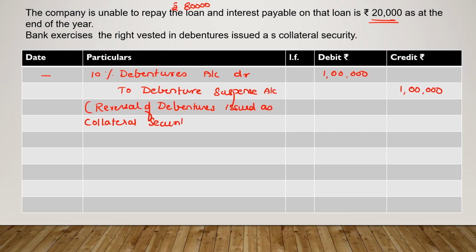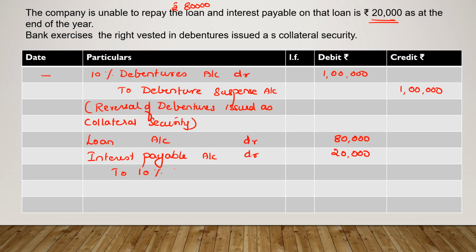Now what would be done is the debentures would actually be issued in return for the loan and the interest. Now loan has a credit balance that is going to get closed out. So you would debit it. The loan account debit 80,000. The interest of 20,000 was payable, so it's a liability having a credit balance that will also be closed out. So that interest payable account is also debited, and that is going to get replaced with these 10% debentures of rupees 100 each, 1 lakh.